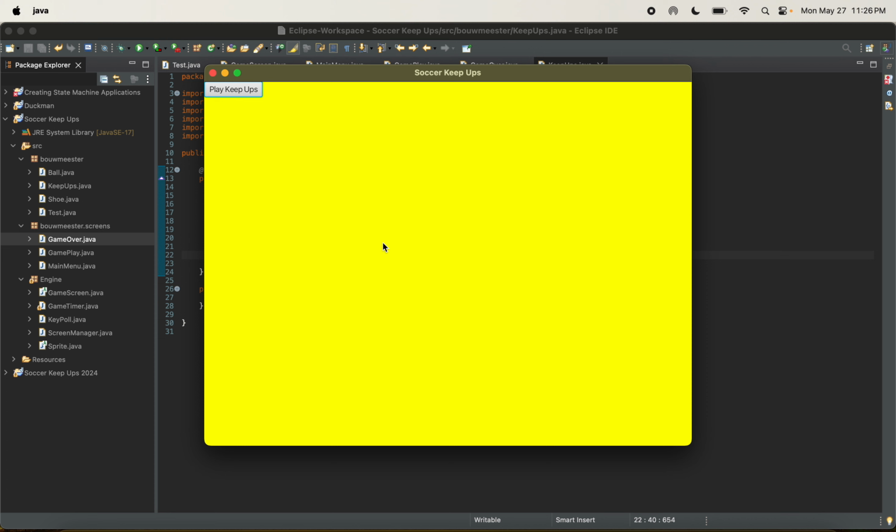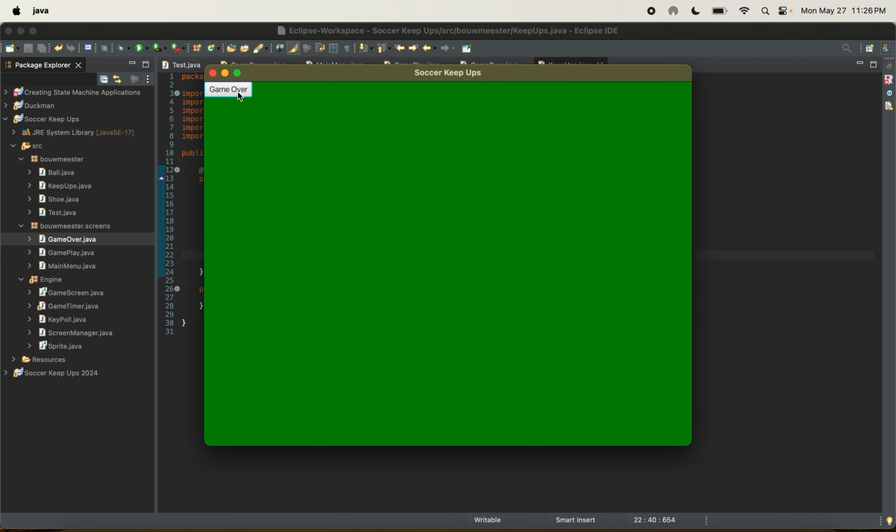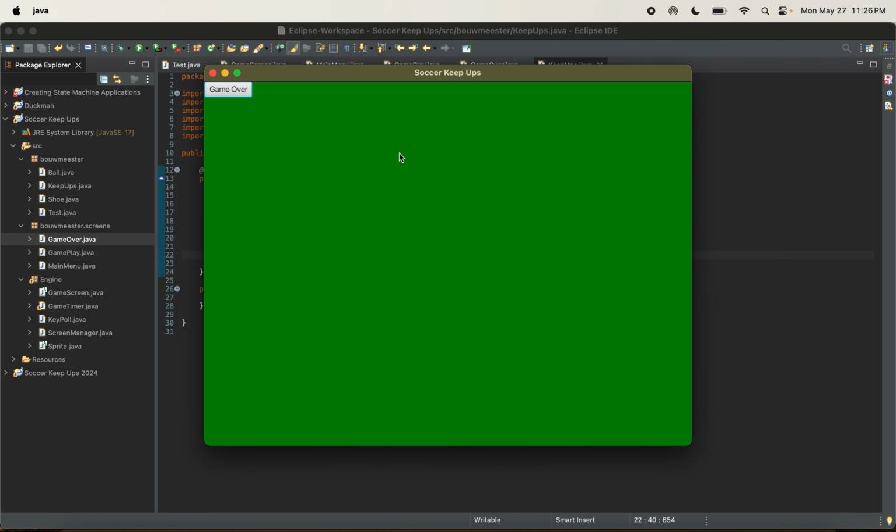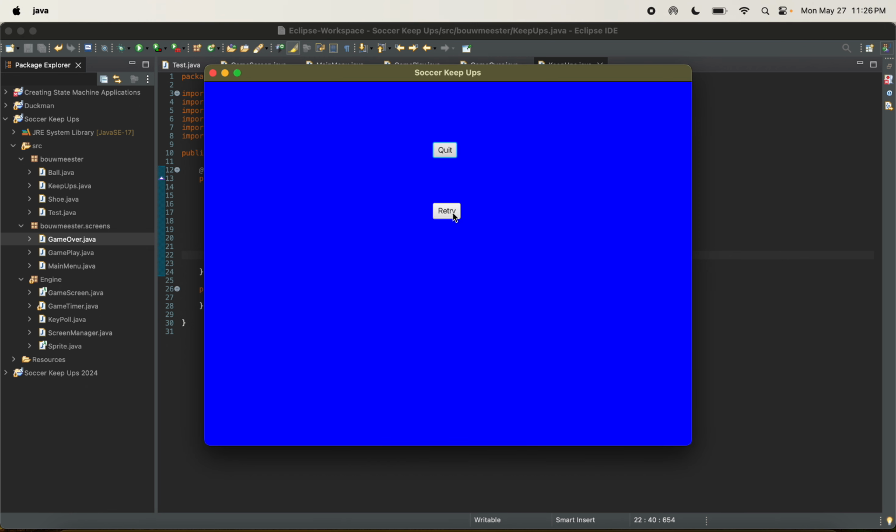Remember, the yellow one is the main menu, so I'm in the main menu, and when I say play KeepUps, it's going to switch over to me playing my game. I haven't coded that part yet, but here's me playing my game. When I finally lose, poof, it pops over to the GameOver menu, and then I have my option to quit, which should take me back to the main menu. Okay, didn't code that right. When I hit game over, if I say retry,